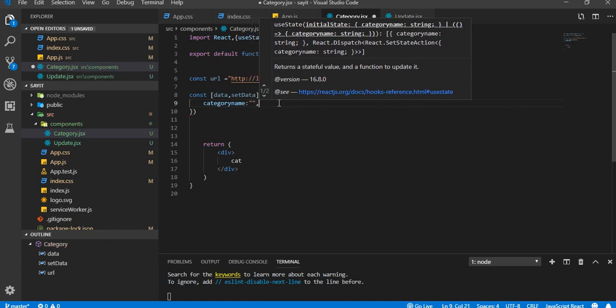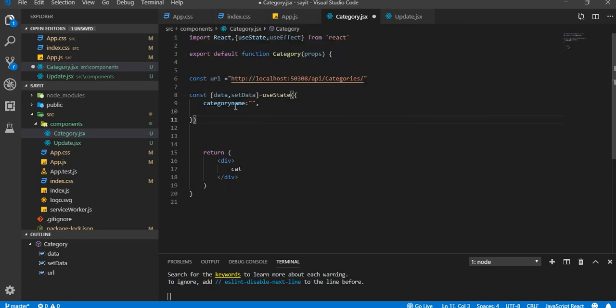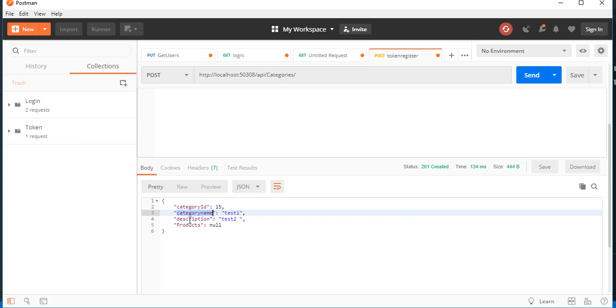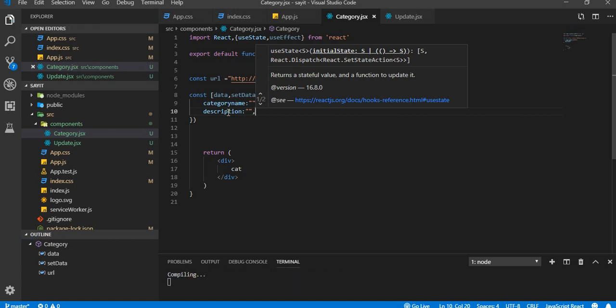So this is a variable. We're going to store the value from the text boxes into this variable, and later we're going to post that using this variable. Okay, so initially it is empty, and when we get the value from the user, it will be assigned to this variable. Okay, so these are type string,